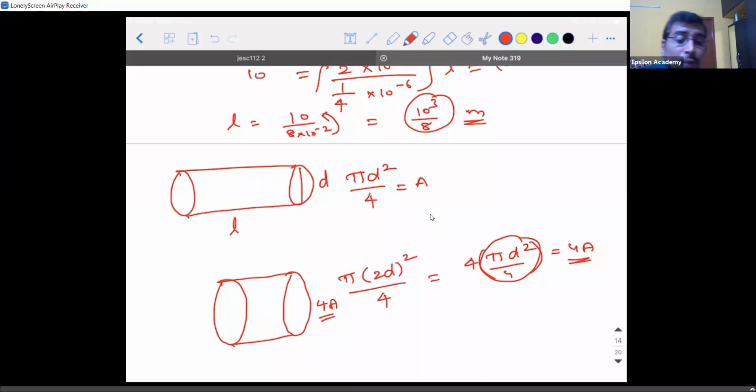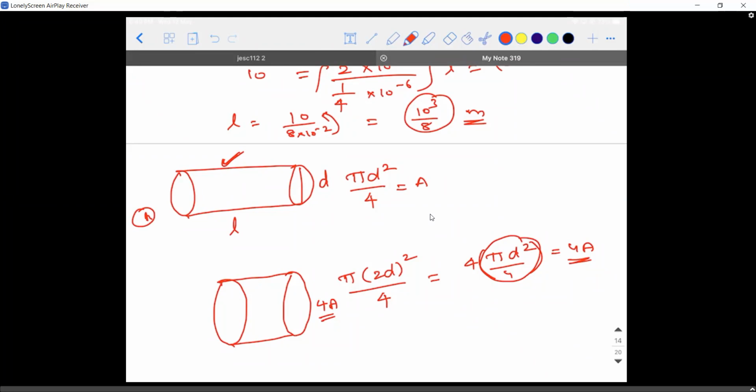And what will happen to the length? Okay, this is where people ignore. Okay, this is where a common mistake happens. Generally, people will take it as if the diameter is increased, nothing will happen to the length. No. What will happen here is there is something called conservation of volume. In the sense, you have a wire in your hand which is of a particular volume. So what is the volume of this material? In the initial case, what is the volume? Is it not area multiplied with length?